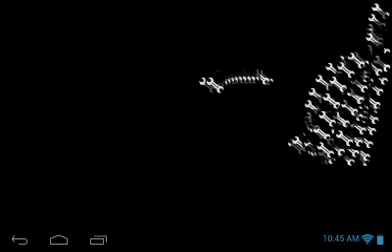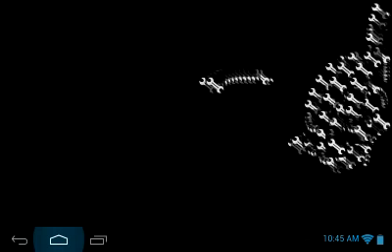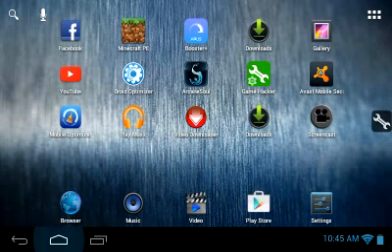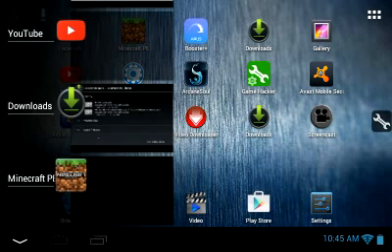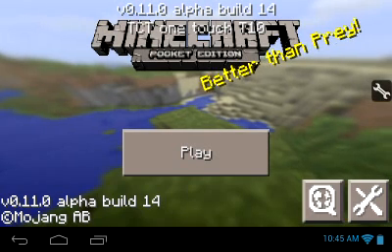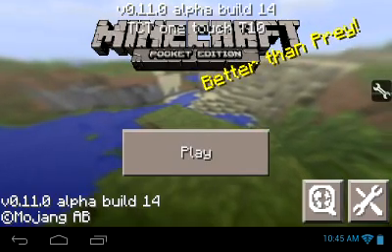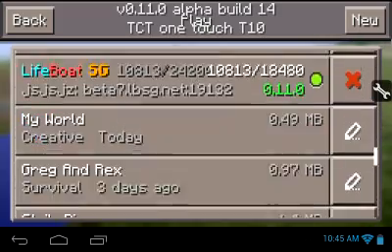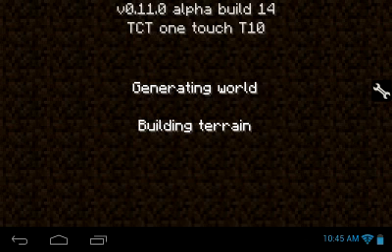So as I go to the Minecraft, it's kind of laggy. So now what you wanna do, let's go home first. Let's home and go back. And now as you can see, you have to wait for it. Then now it's success. See, create a new here. Just building the terrain right here. And now you have to wait.